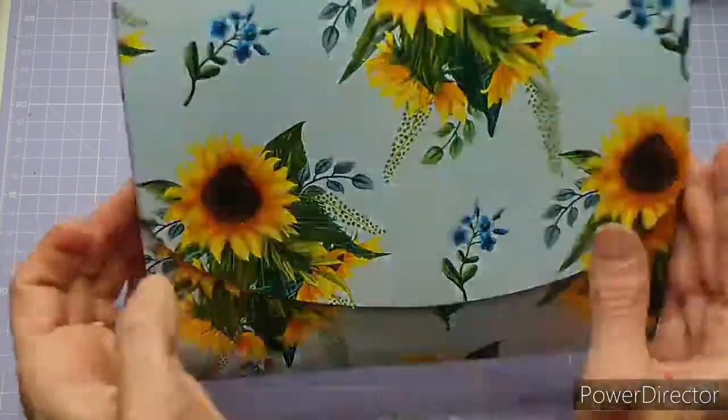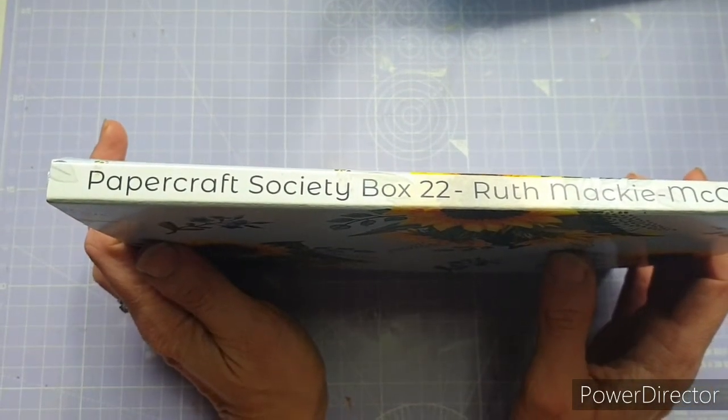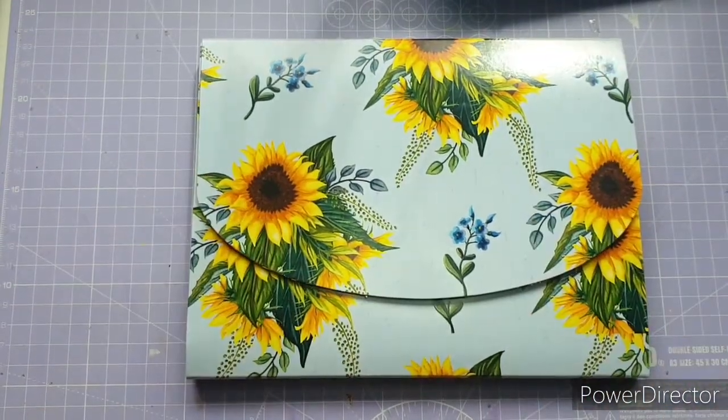Today I'm going to be crafting with Papercraft Society box 22. This is by Ruth Mackie McCartan and this is the current box which I did an unboxing for a couple